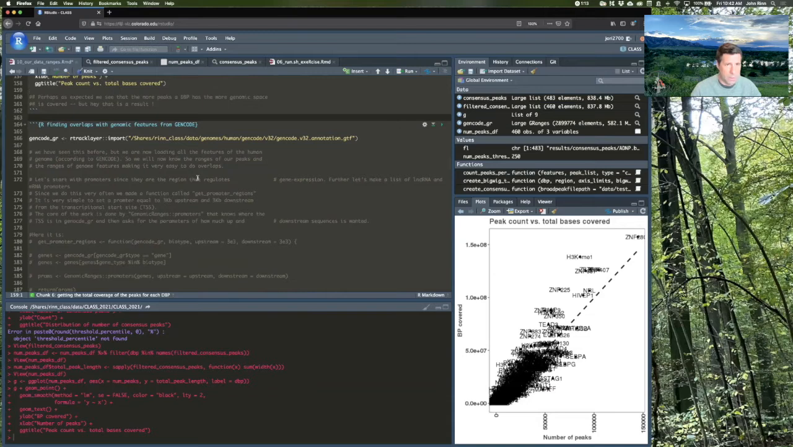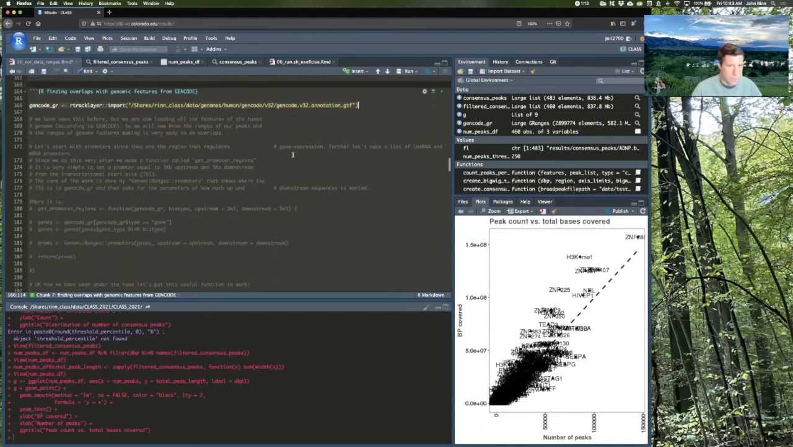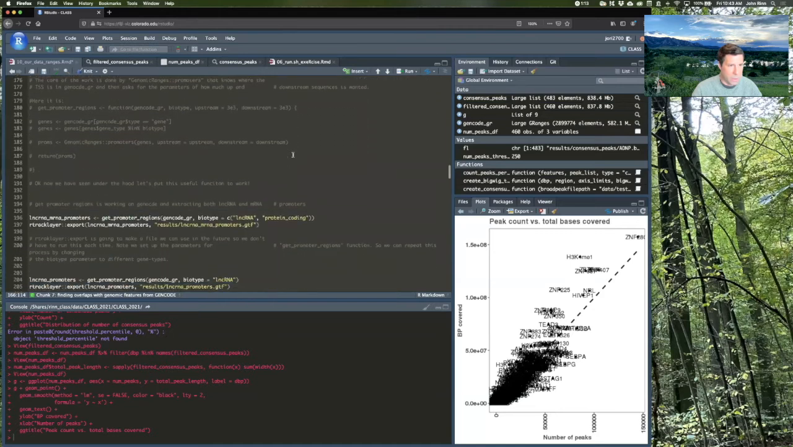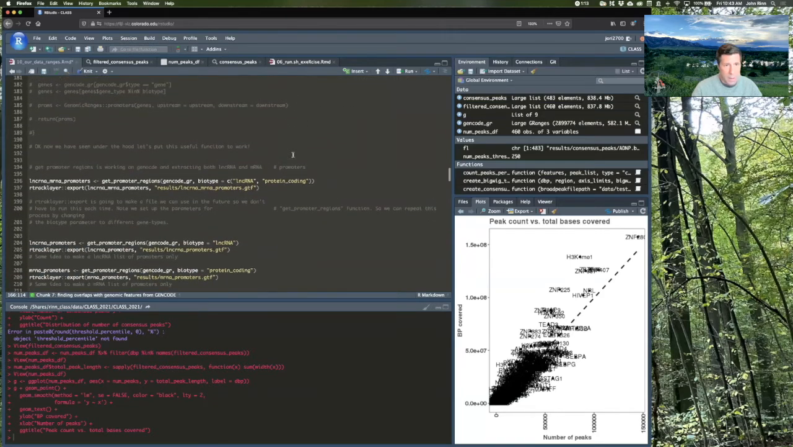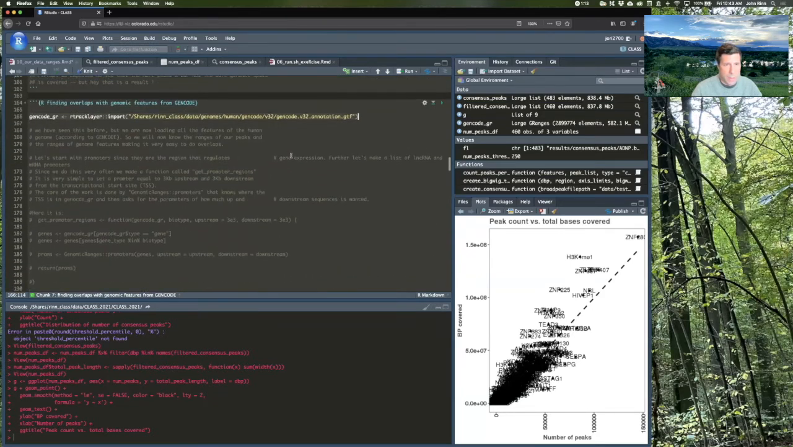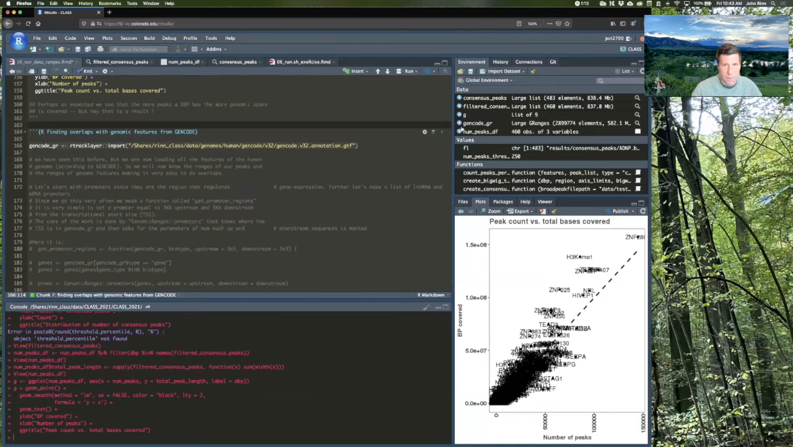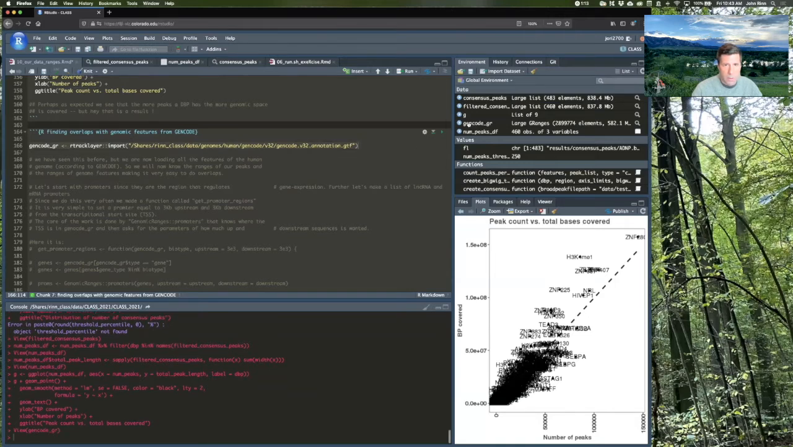The previous video did that for promoters, and that's kind of what we're going to want to do. To load this GenCode GR might take a minute. I already have it loaded. And if you want to get more familiar with this, the previous video goes into much more detail of what's in here. And in that video, we also filtered GenCode because there's a lot in here. When we look at GenCode GR,